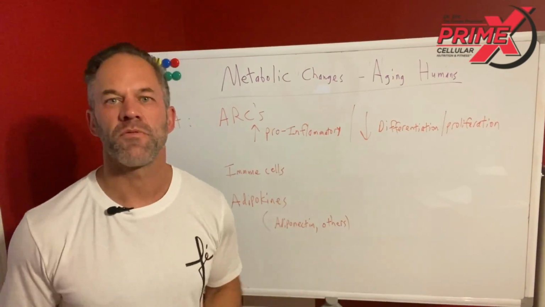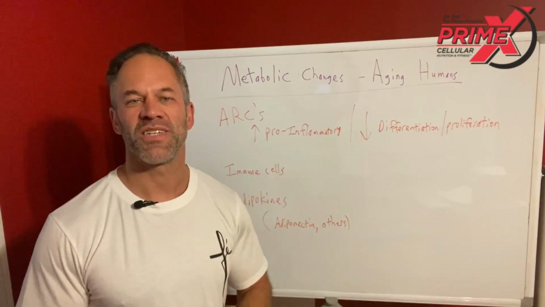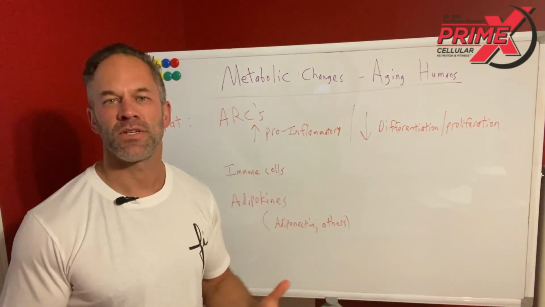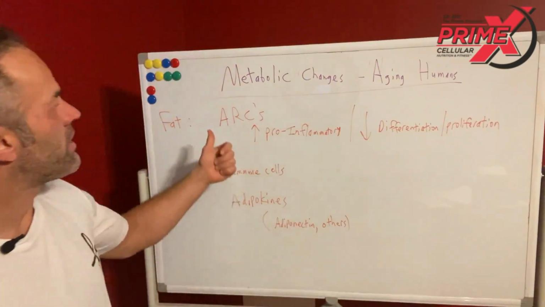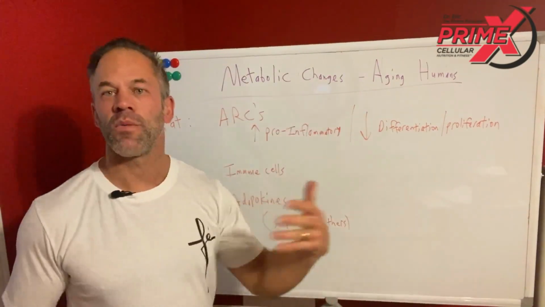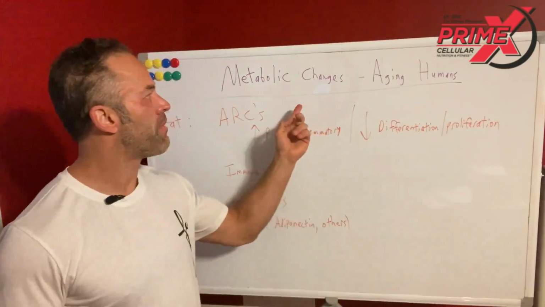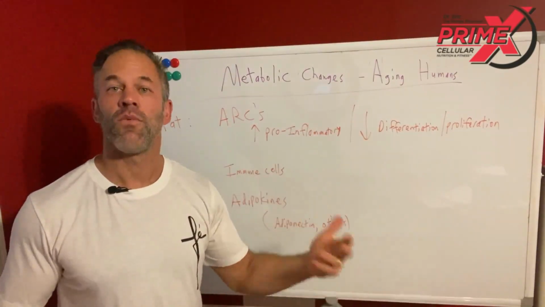I've been reviewing this paper and breaking it down into little mini chunks of information. I think most people have a pretty short attention span. This is about the aging body, especially aging fat, aging muscle, and what we can do about it. Again, it's about metabolic changes, how this gain in body fat leads to metabolic changes and vice versa, and what we can do about it.